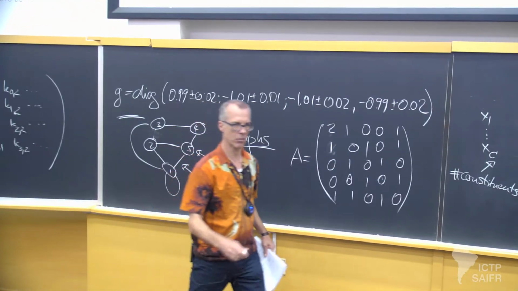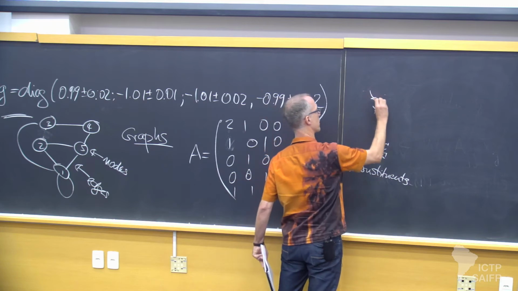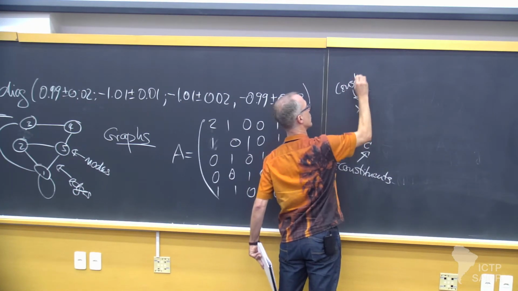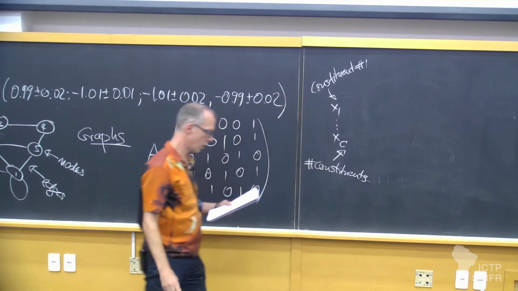And x1 has, for instance, with the 3-vector, 3 entries. So that's one constituent. So this is constituent number 1. Okay, and now